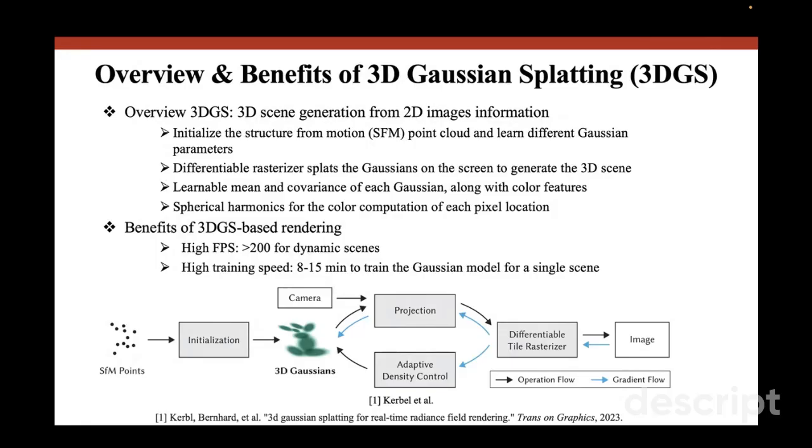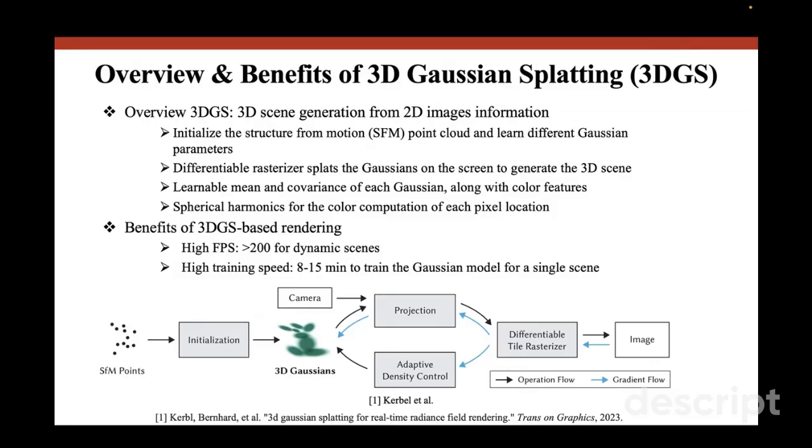So 3D GS offers 3D scene generation from 2D image information. It starts from the structure-from-motion point cloud and learns the 3D Gaussian parameters. Then in 3D GS, we have a differentiable rasterizer that splats the learned Gaussians on screen to generate 3D scenes. It involves learnable parameters like the mean and covariance of each Gaussian along with the color features. For the color features, it uses spherical harmonics to compute the color of each pixel location for the generated